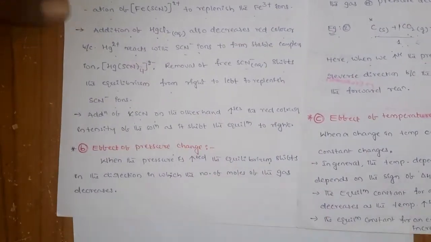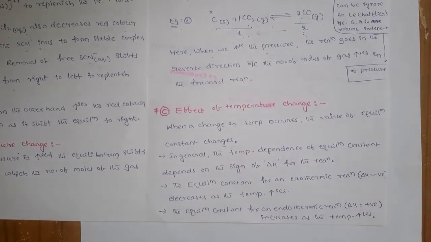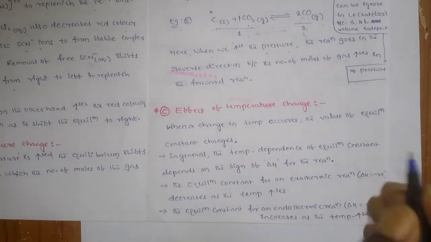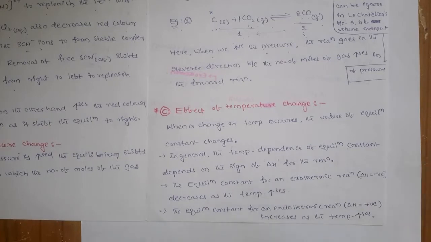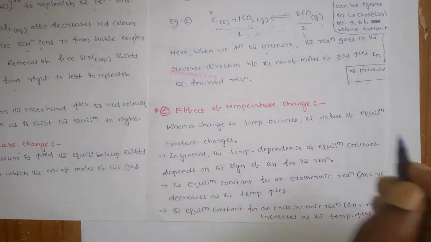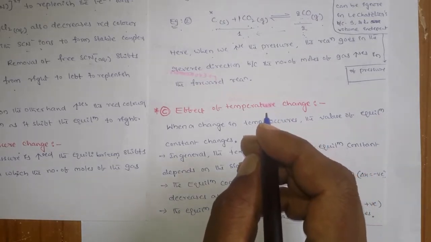Effect of pressure we discussed in the previous lecture, and in this lecture we are going to see the effect of temperature, how the temperature will affect. You know that generally after attaining equilibrium for a reaction, when you increase the temperature, obviously the equilibrium will change. But you cannot say directly that when the temperature increases the equilibrium goes into the forward direction or into the backward direction.